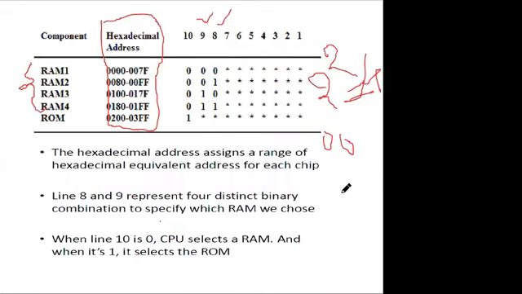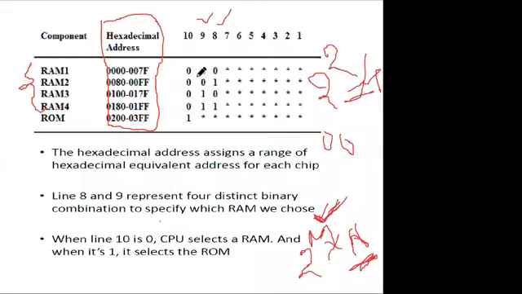As we have discussed previously, the memory capacity is 2 raised to the power m cross n. Here m represents the number of bits needed to address the memory location addressed by the system or the memory, but n represents the data lines. So data lines are 8, which is equal in all these cases of the RAM and ROM, whereas m is for the memory location. So 2 raised to the power m memory locations is the addressing capability of the RAM or ROM.